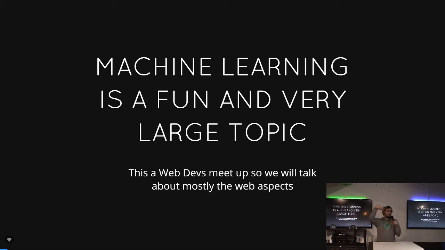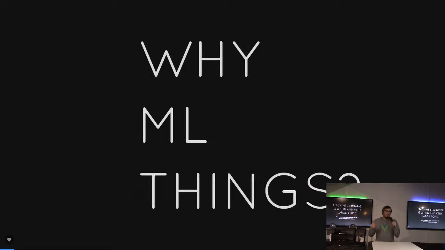A lot? Some? Okay. So, this first part is a lot of basic stuff, so if you've already done it, you're probably going to be bored. I just want these terms defined so everybody can understand what we're talking about when we use them later. It is a very fun and very large topic. This is still a web devs talk, so we're going to be talking about web aspects. We're not going to deep dive into different neural networks or any of that stuff. We can address those a little bit later. For the purposes of the talk, we're going to be talking about its application for web applications.